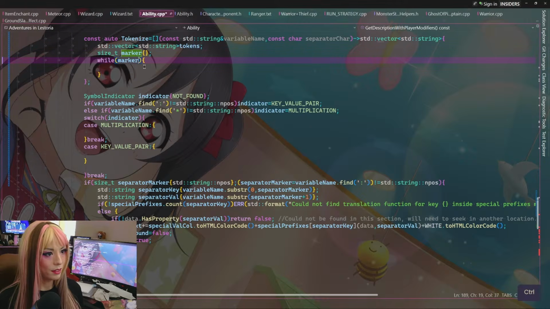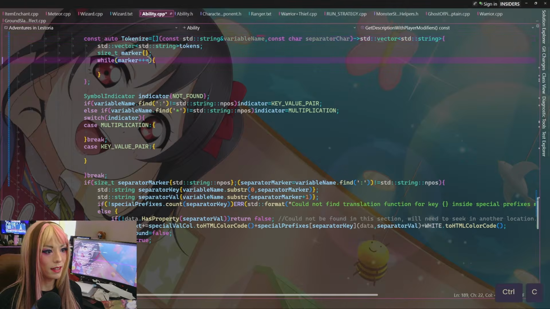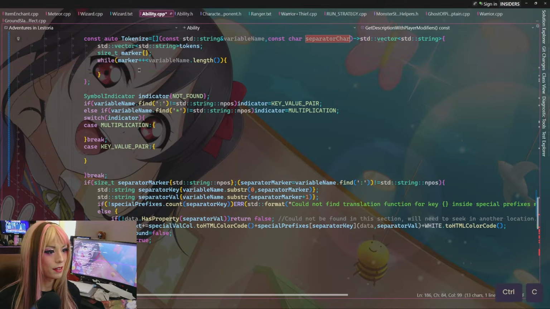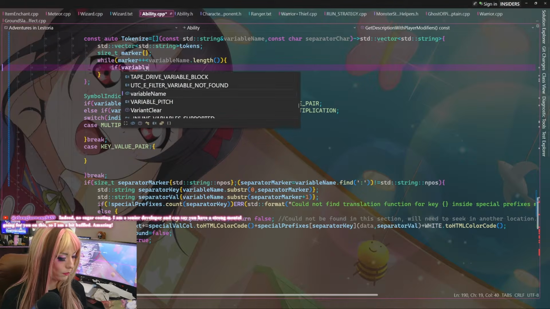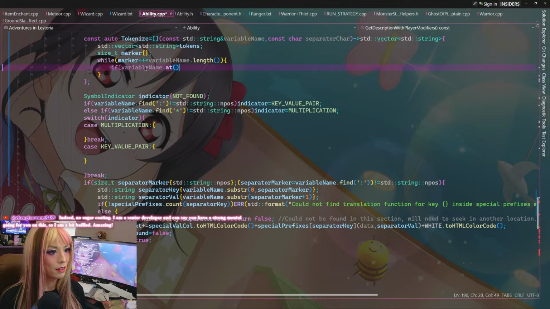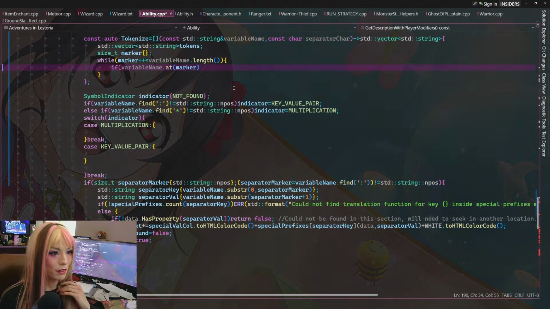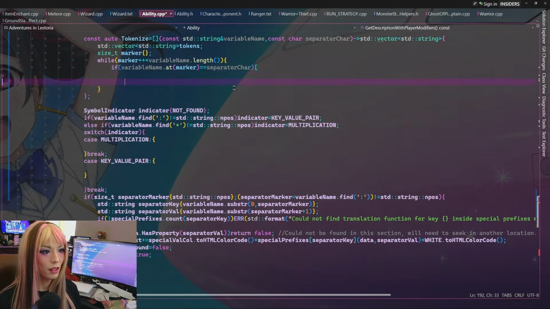while marker plus plus is less than variable name length, we're gonna go ahead and try and look for the separator character. So if variable name marker, we'll say at so that it can error out if it needs to, because we don't want to go outside our bounds. That would be dangerous. If variable name at marker is equal to the separator character, we're gonna go ahead and